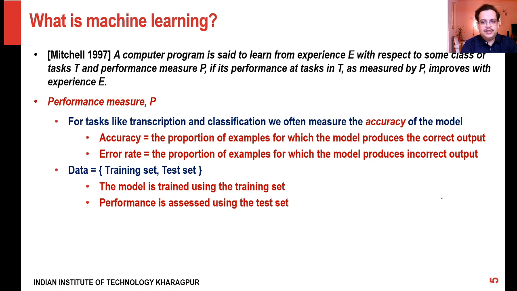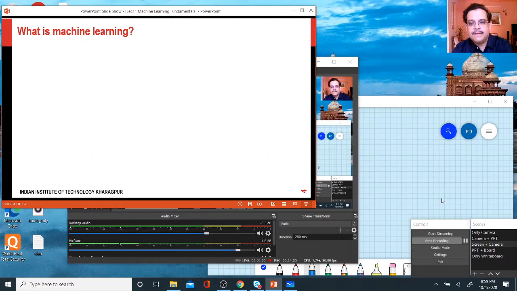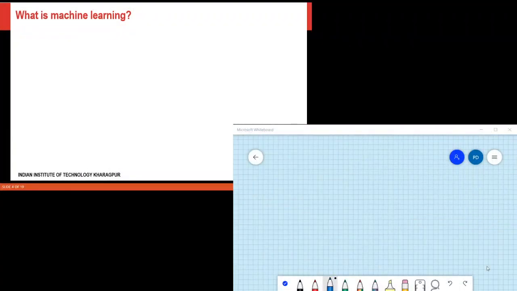To give you another example of what we mean by this, let me also take an example from the regression area. So just give me a moment. Right, let me bring this up a little bit.